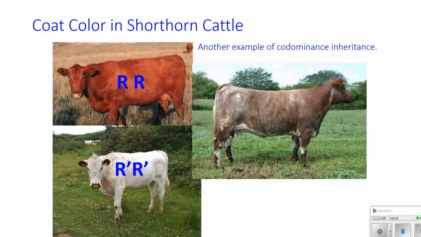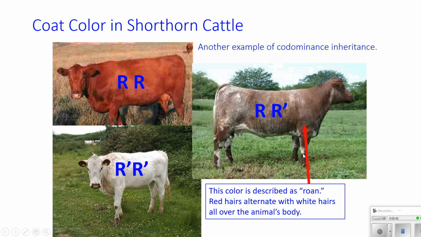And so if you breed a red steer and a white cow, or vice versa, a white steer and a red cow, the resultant offspring, the heterozygous offspring, are going to be RR',